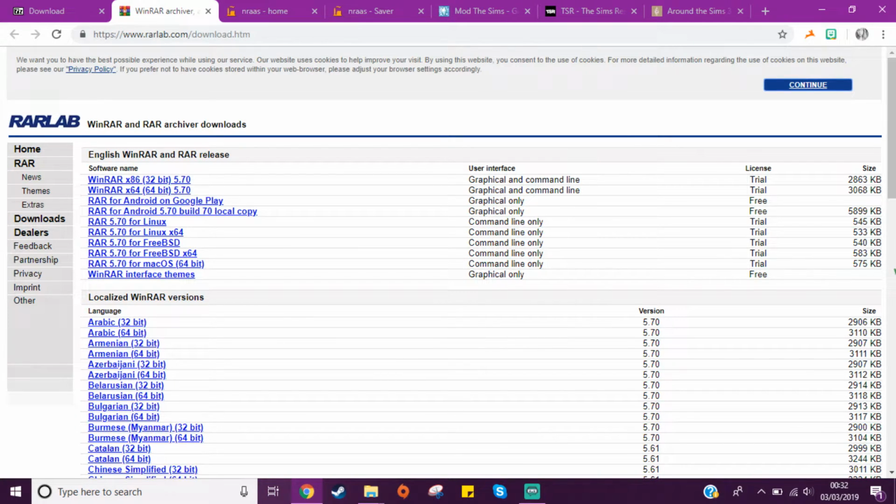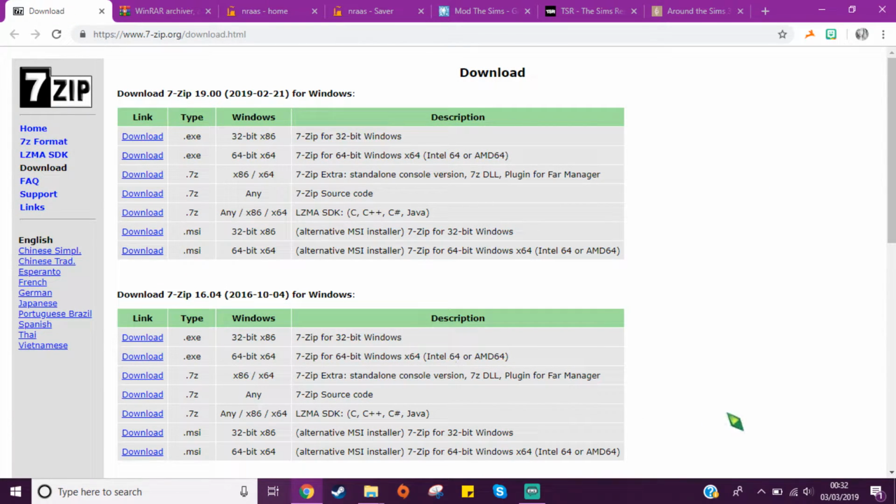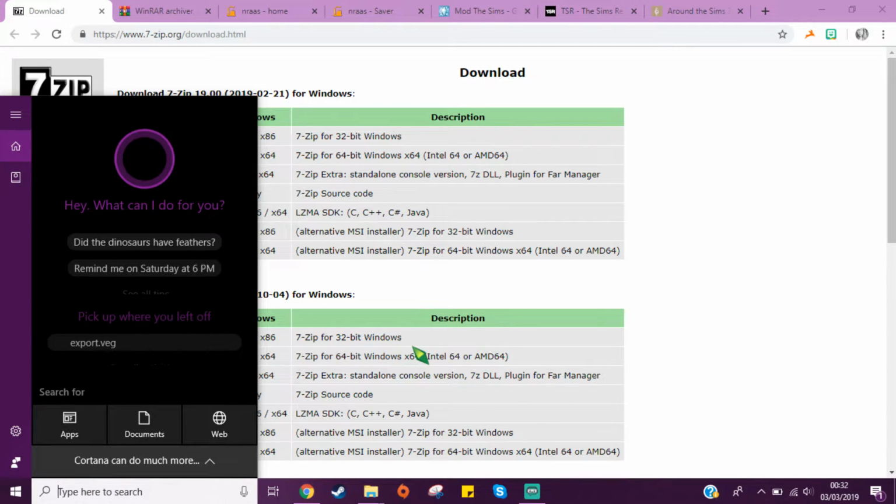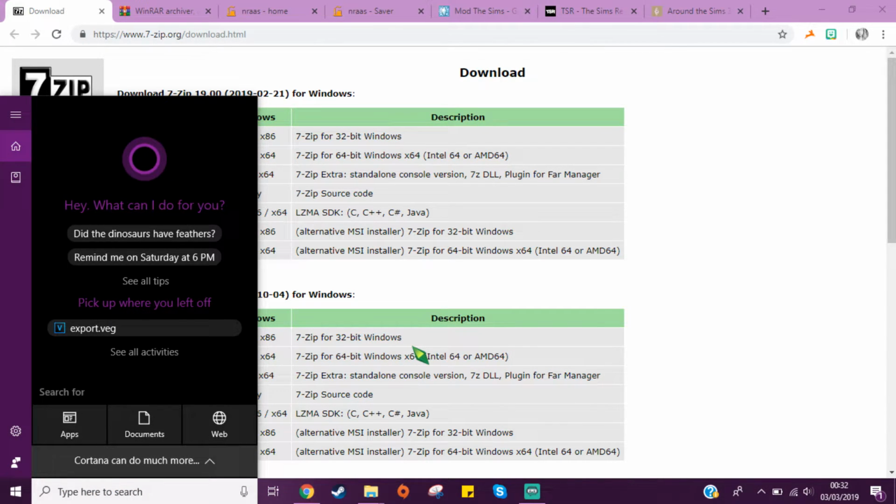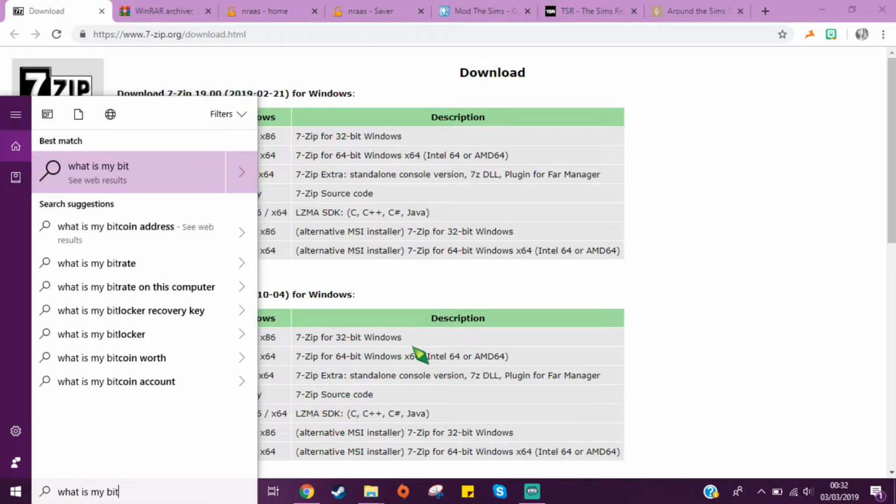Now before you actually download WinRAR or 7-zip, if you already have one, that's great. But before you download it, you are going to need to know what type of device you have. Now I'm not on about what company, blah blah blah. You're going to need to know whether you have a 64-bit or a 32-bit. So what you want to do is go straight down into the search bar, and all you have to type in is